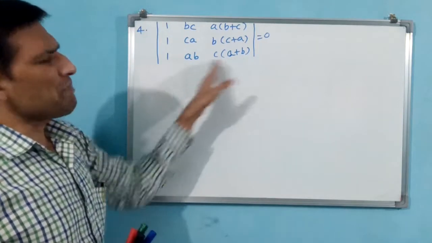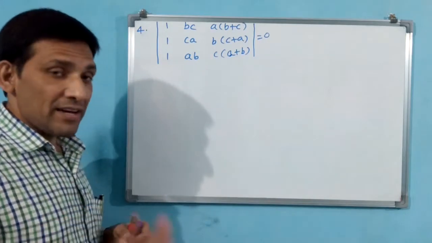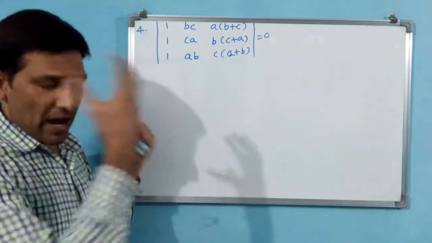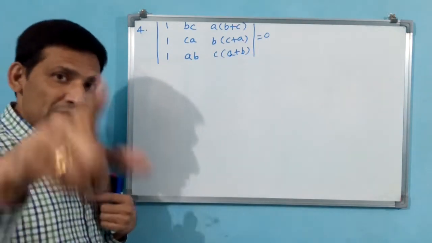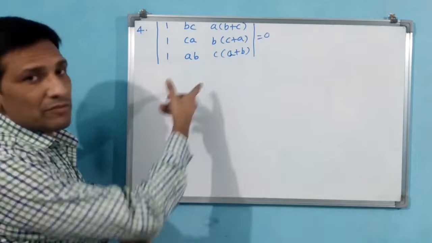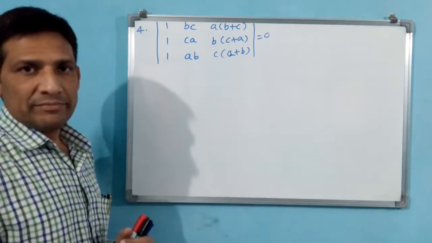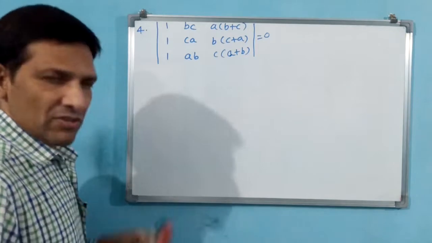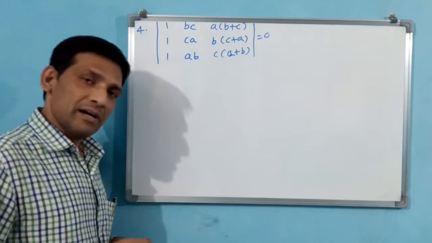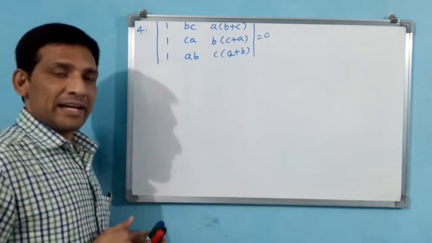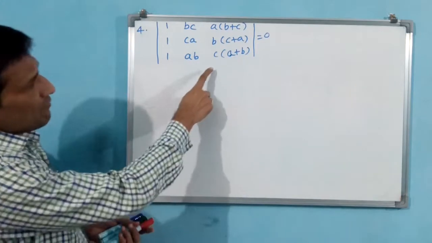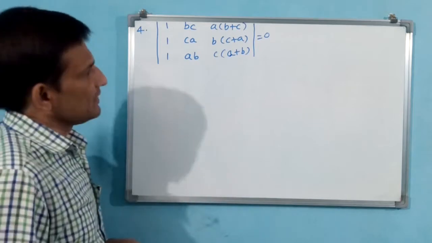See, until you expand this, I know this answer, but I cannot do this question by knowingly. If I do it like that, you are not going to get ideas. Just like you are thinking with me, like that you have to think. See how I am thinking, then you are also thinking with me. Let me expand this and see. All these answers I know, but I don't do them by knowing; by trying these answers I will do, then you are going to get ideas. See how I am doing. One option is I will expand this and see. Okay, I am expanding.